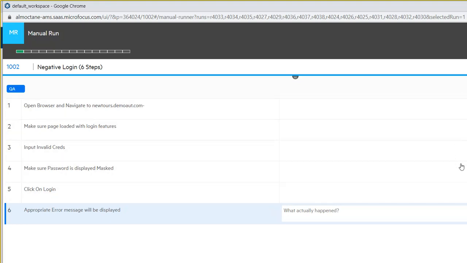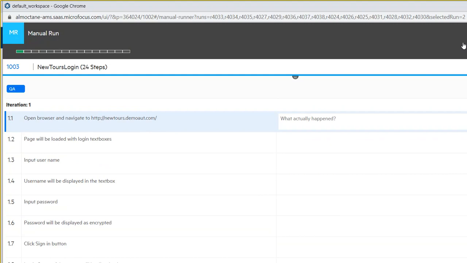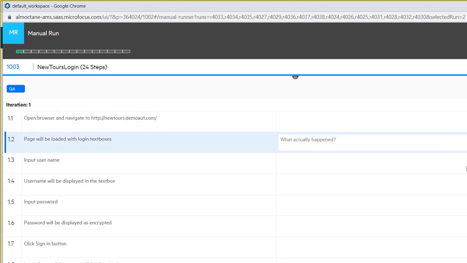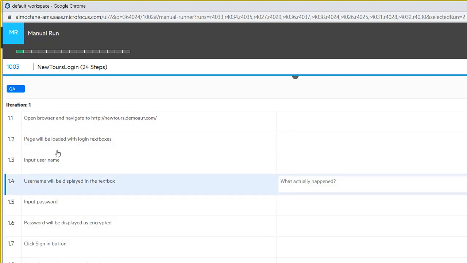First, you perform this step in the application, and then you mark here as a pass or fail. Does it make sense? And then you go for, this is the test case 1. Then go for test case 2. Now in test case 2 again, open browser and navigate to newtools.com. Let's say I open the application and this step is passed. Input username, right? Username will be displayed. Let's say this step passed. Input password, and if I input password, what is my expectation? This is my expectation